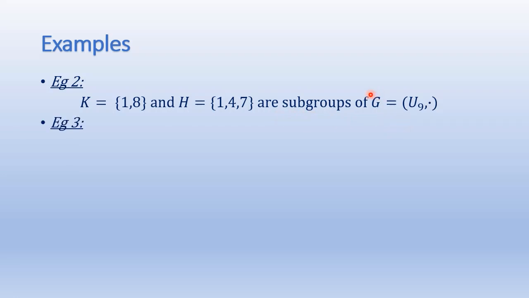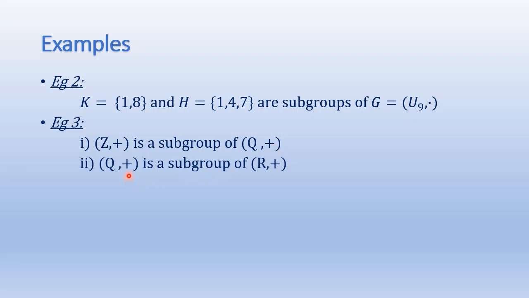We have seen the finite subgroups. Now let us speak about the infinite groups. Z plus is a subgroup of Q comma plus. What is Q comma plus? That is the set of all rational numbers under addition. Z is the set of all integers under addition. Of course, integers are a subset of rational numbers. So Z comma plus is a group, already we know that, and Z is a subset of Q. So Z comma plus is a subgroup of Q comma plus.